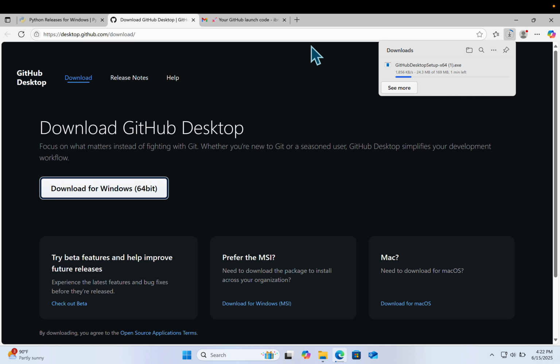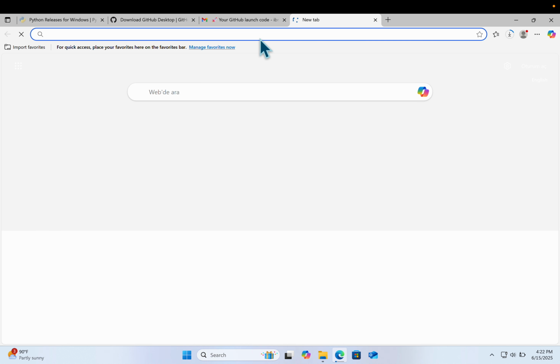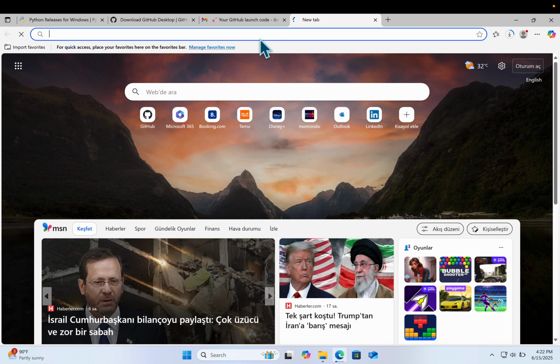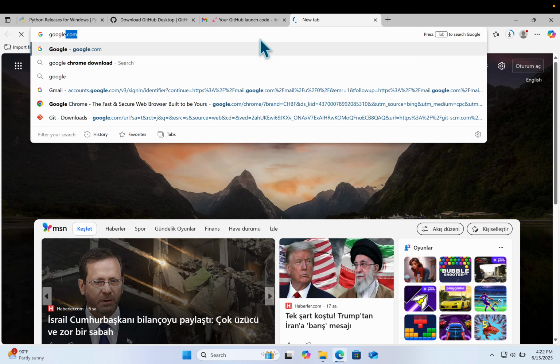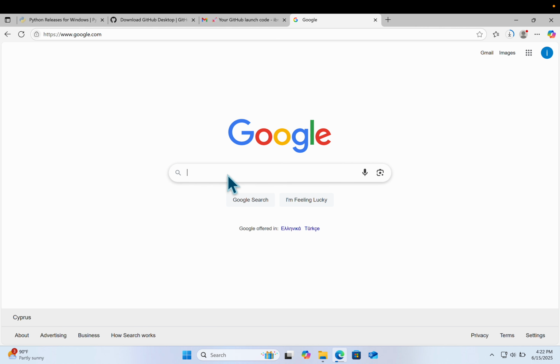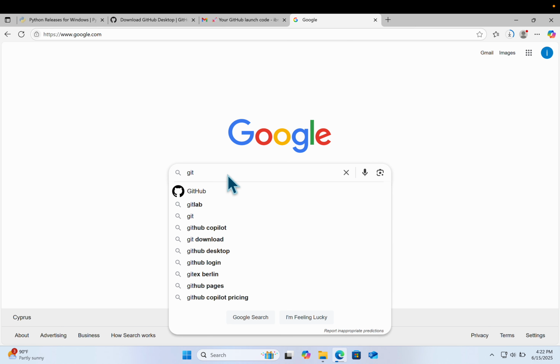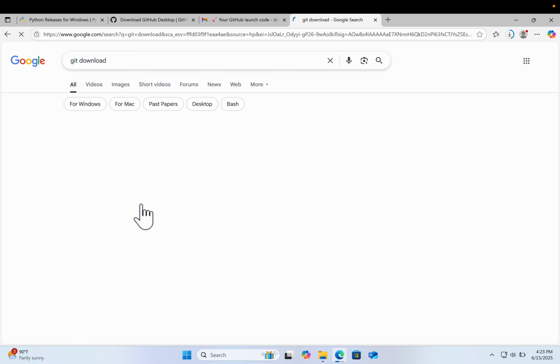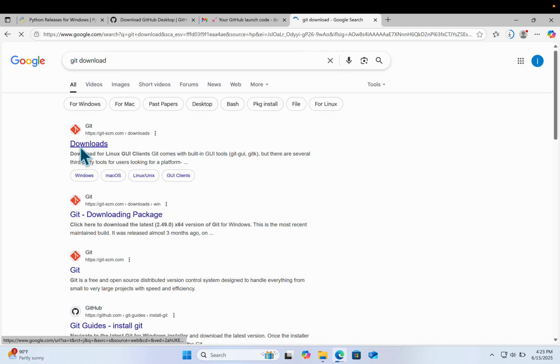So while we're at it, let us also download another piece of software. What we're trying to download is something called Git, which complements GitHub Desktop. It is something that will run in the background. You don't need to worry about this one, but it is really good to install it. So I will go back to google.com and search for Git download. Okay. And then the first link that comes up,